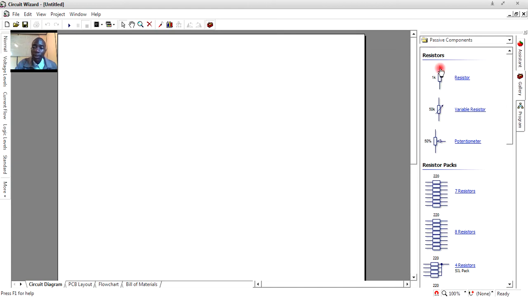Let's say you want to take a resistor, you just click, then you come here and drop it with a click again. Oh, sorry, it's a left click, not a right click. Sorry. So this is how you select the components. So here, if we go back here,